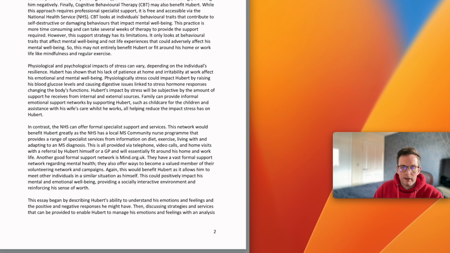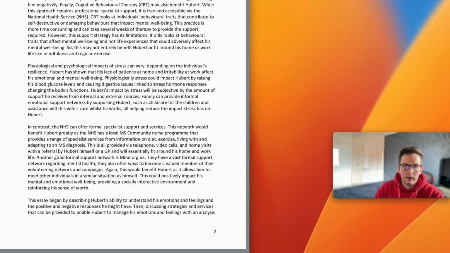Hubert has been shown that his lack of patience at home and irritability at work affect his emotional and mental well-being. Physiologically, stress could impact Hubert by raising his blood glucose level and causing digestive issues linked to stress hormone responses, changing the body's function. Hubert's impact by stress will be subjective by the amount of support he receives from internal